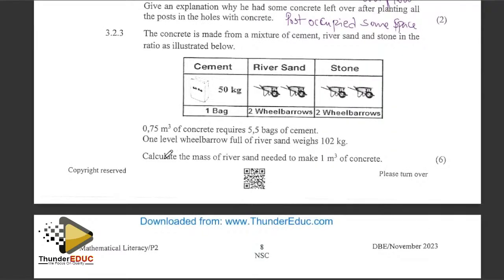We look at this. They want us to do what? Calculate the mass of the river sand needed to make 1 meter cubed of concrete. Now, what you're going to do, it's here. They have told you 0.75 meters cubed. You will need 5 bags. You see that? But they are saying, let's calculate the mass of river sand. Need to make one. So we shall go back and you say,